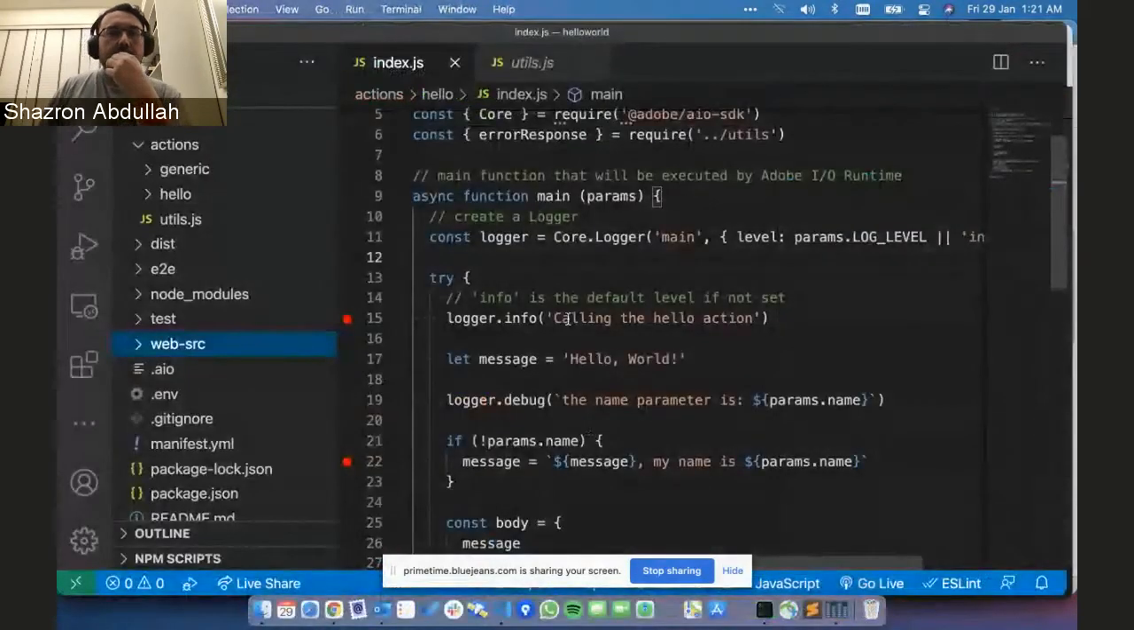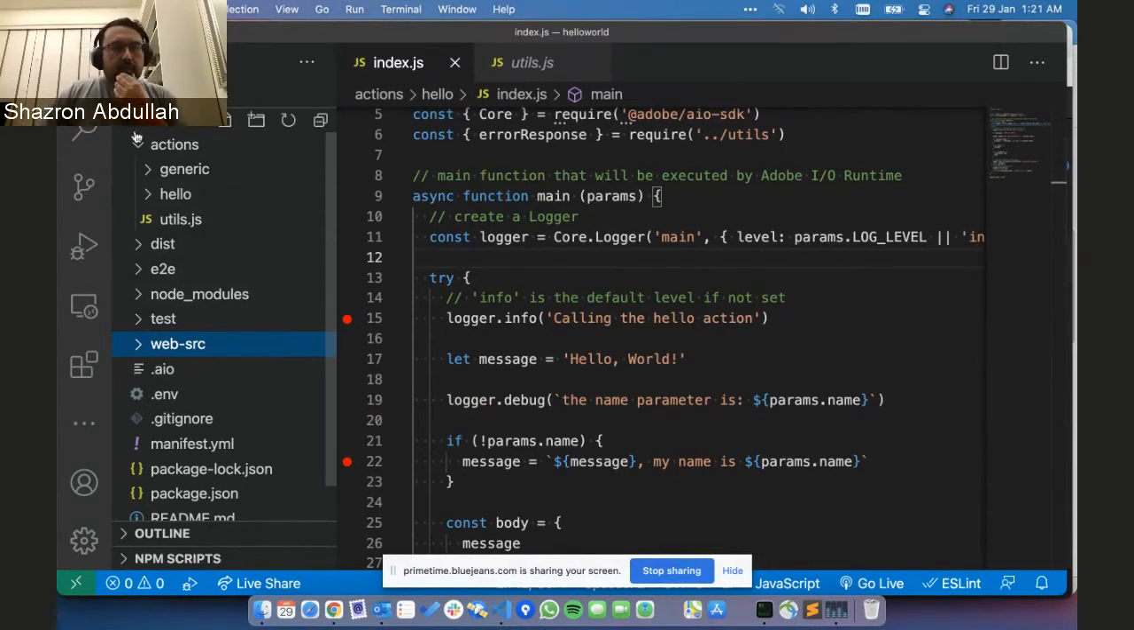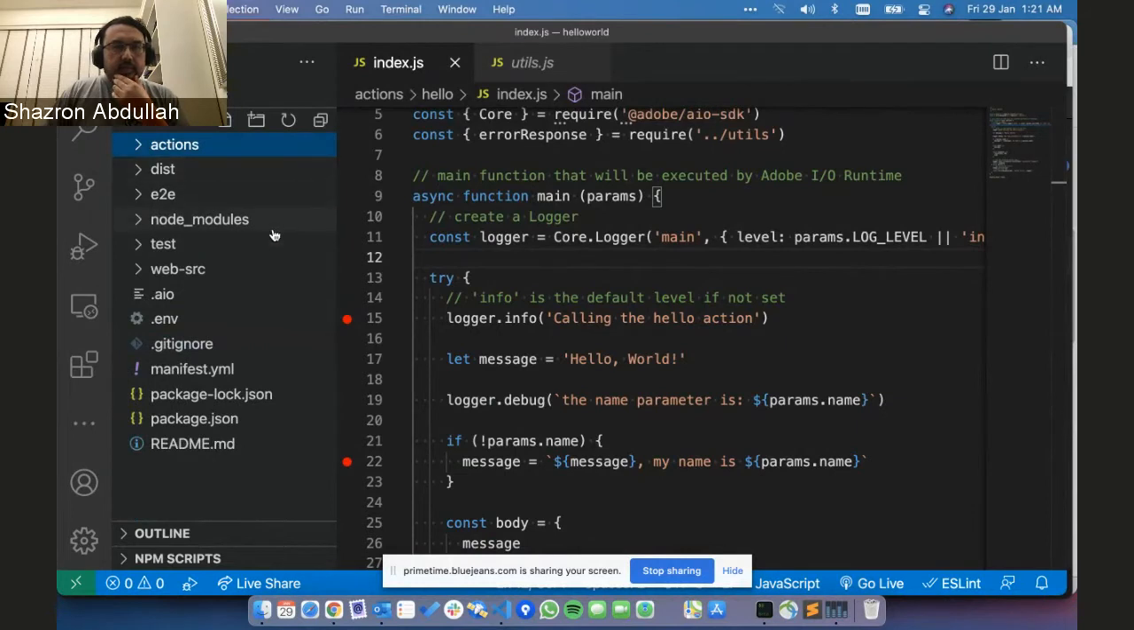Okay, so I'll be going through how to debug a Firefly app using two methods. The first method will be through the logging SDK. The second method will be through the debugger via Visual Studio Code. So here I have a very simple Firefly app with